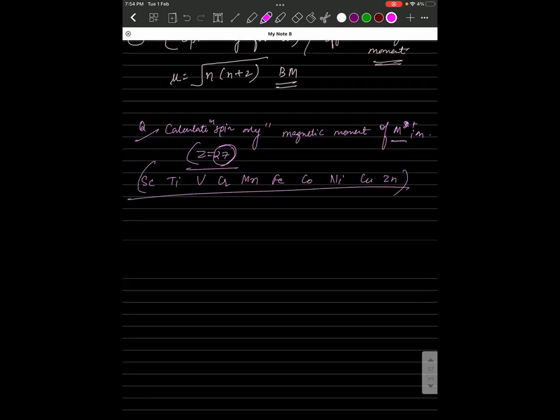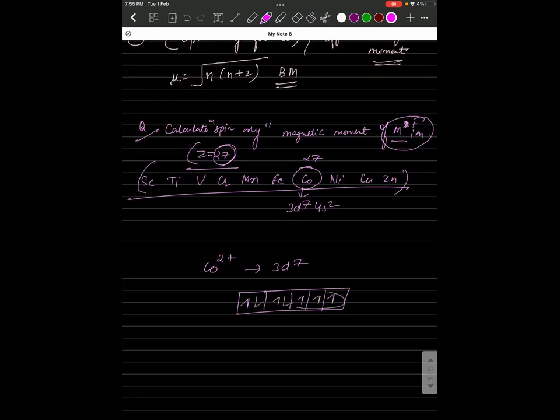Now here we have cobalt. Cobalt is 27. What is the configuration here? 3d7 4s2. Now they are saying that we have to take M2 positive ion. So it is cobalt 2 positive, that is 3d7. Now how many d electrons are there in d7? It is 1, 2, 3, 4, 5,